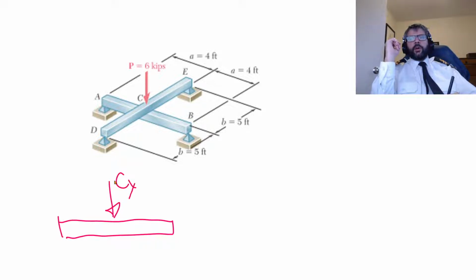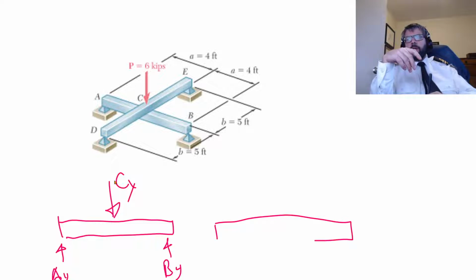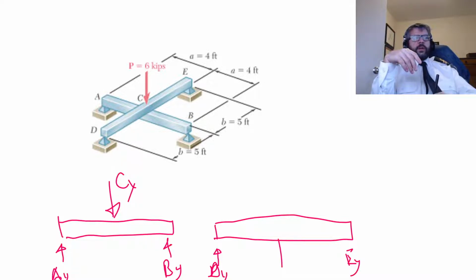Call that Cy, so that's the contact point at C. And then we've got Ay and By. And then for DE here, we're going to have a Dy, Ey. Then we've got that Cy pushing up. And we've got this 2 kips, this is 6 kips